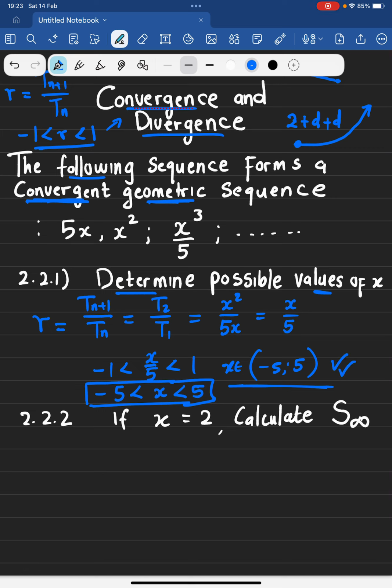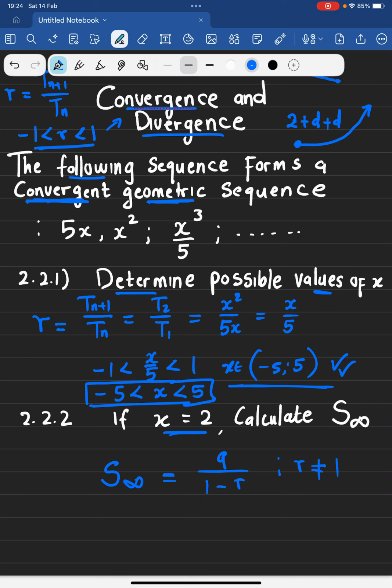So this is how you will solve a question like this. It's almost always solved this way. And here they are saying if x is equal to 2, which is still within this range, meaning that when x is 2, this series will still converge. So you know that for the sum to infinity, you're going to use this formula, a over 1 minus r, whereby r cannot be equal to 1, because it's going to be undefined,